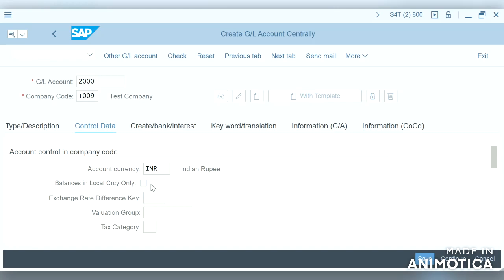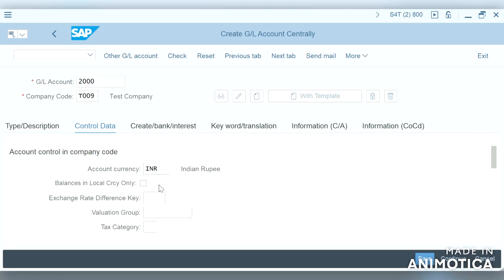So balances in local currency, we will tick this for accounts like cash discount clearing accounts and GRIR clearing accounts. It cannot be set in reconciliation accounts for customers or vendors.